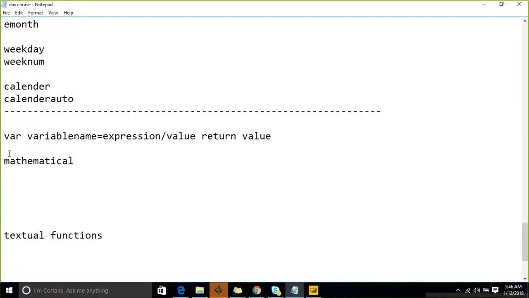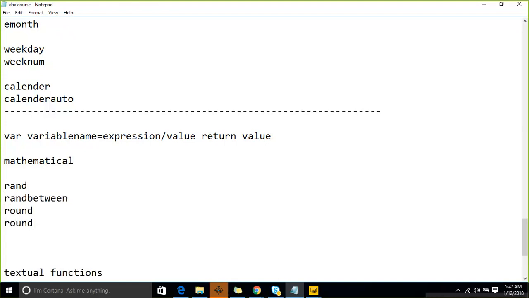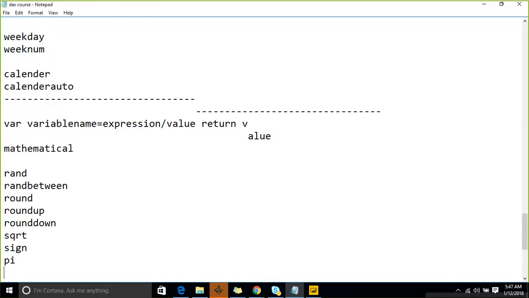Here the functions are rand, rand between, and round, round up, round down, square root, and sine, pi,